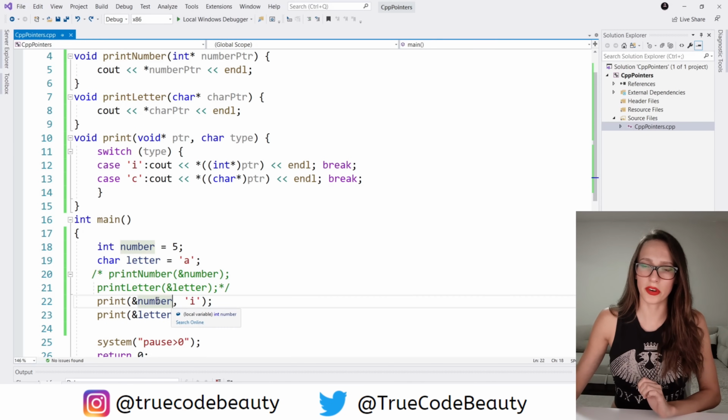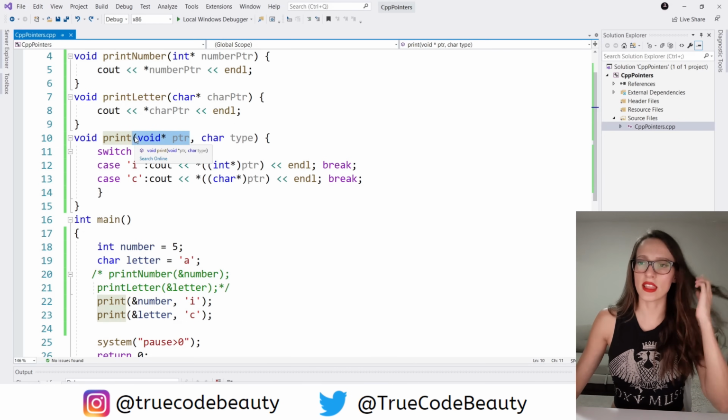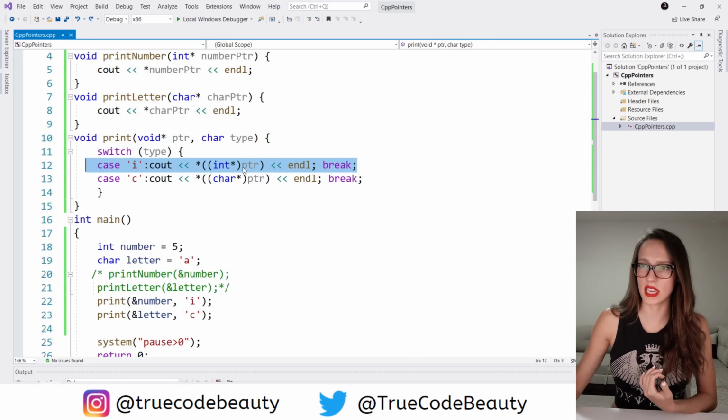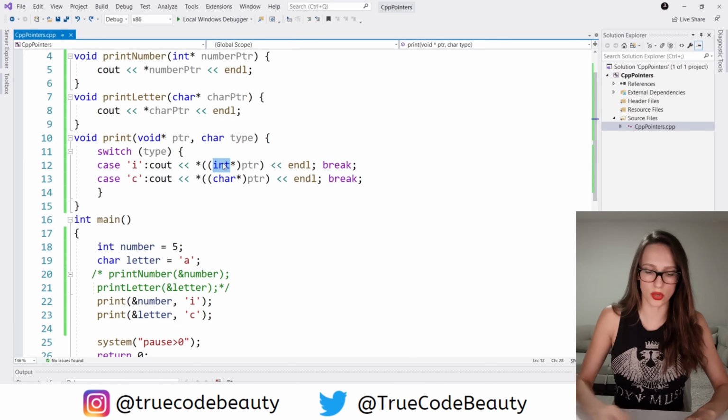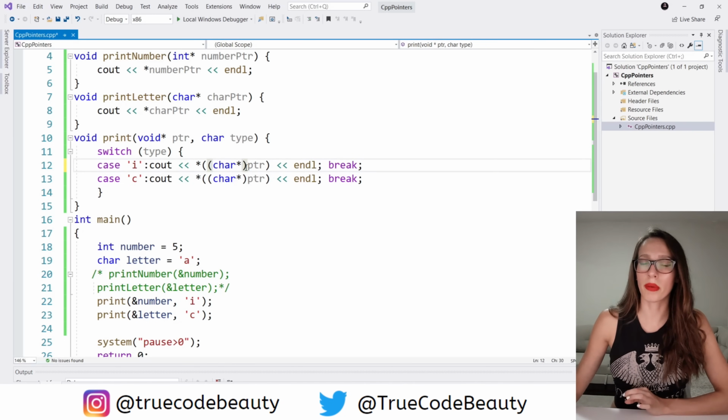So this number here is an integer, which means that here for this line of code we are receiving an integer pointer. Okay, and then in this case here we are trying to cast that into an integer pointer, and that is okay. But if we accidentally make a mistake here and we try to cast that into a character pointer, for example, like this, our compiler now does not have a way to know that we are making a mistake here. And if we run our program,